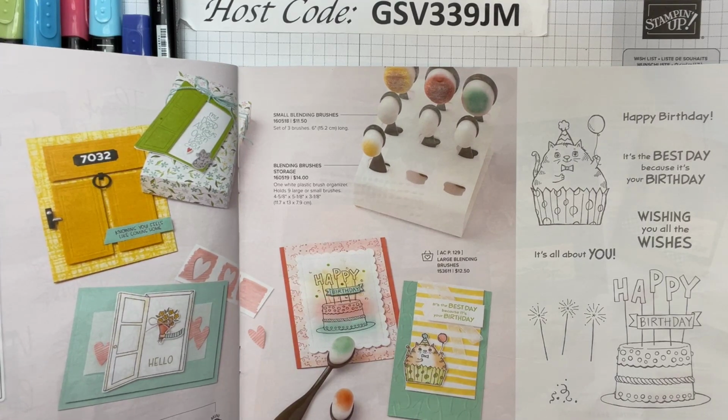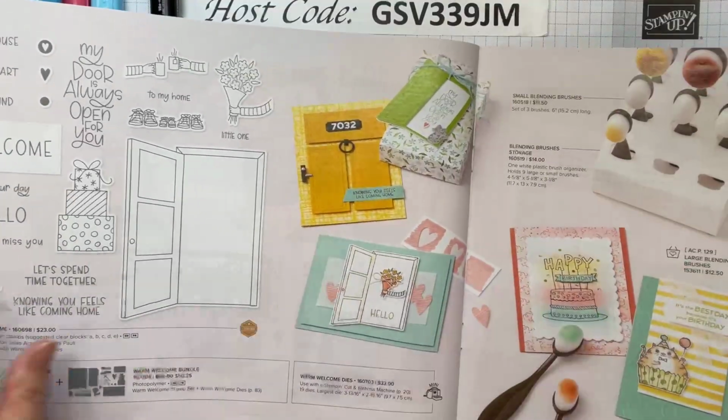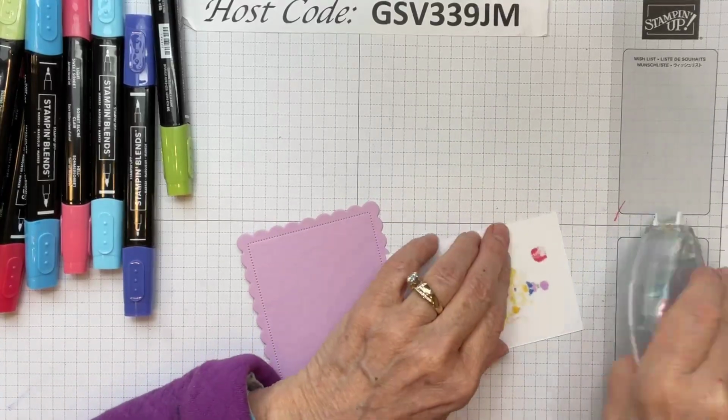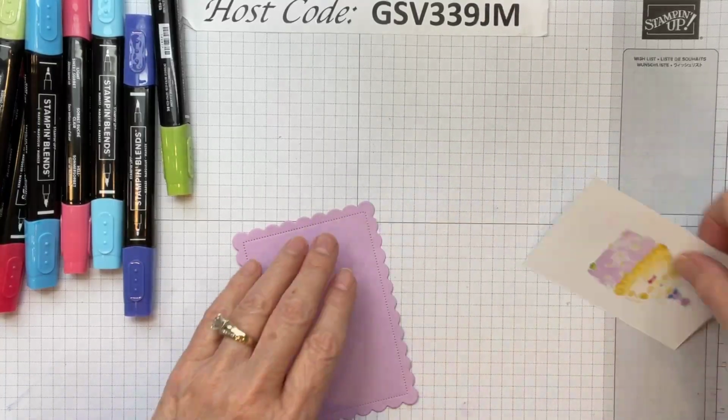So here it is in the catalog, and they've got lots of ideas for you. Page 67, it's $23. The number is 160798, just so you know where it is. And here are some samples that they've done too. Okay, we're ready to get this kitty on the